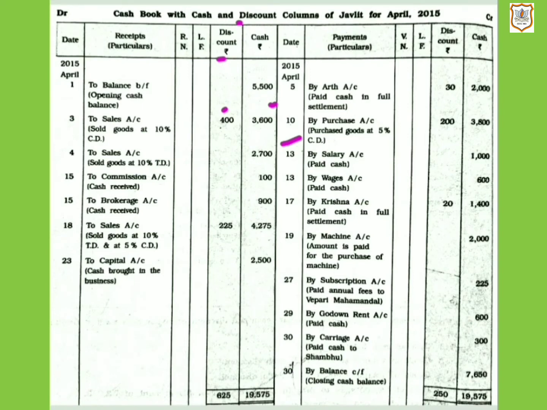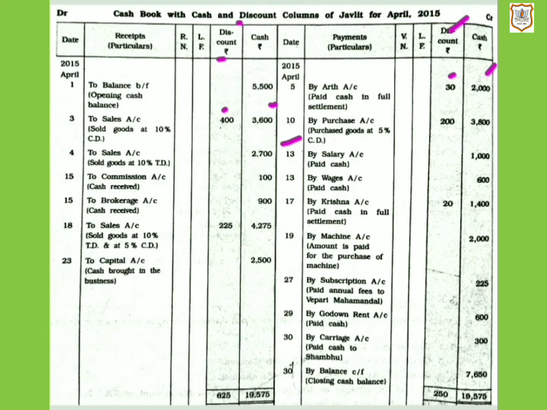So here also we will apply rule of nominal account for allowance, and as per that we will show it on credit side of cash book, as per nominal account the rule says credit all income and gain. So on right hand side here we have prepared discount received account, and there we will write amount of allowance received, that is 30 rupees. And in cash column we will write 2,000, since our cash is decreasing by rupees 2,000 only, since we are paying only 2,000.